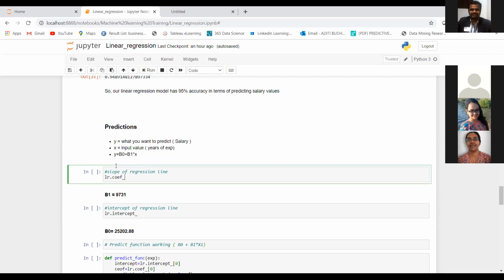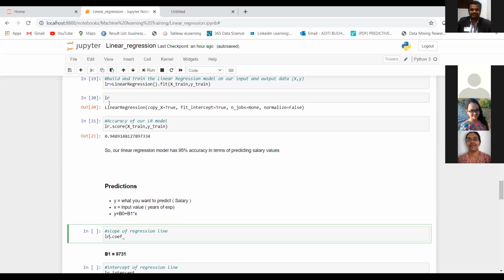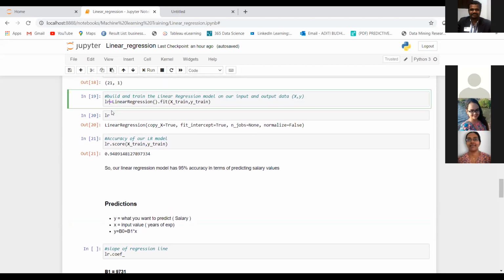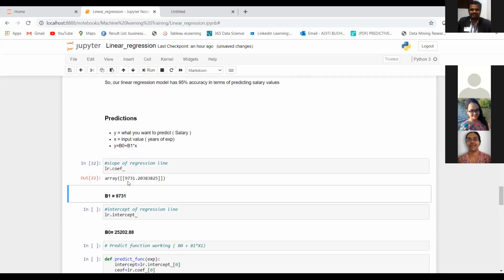We do that by using dot coef underscore, the method to get our beta 1. LR is the name of the model that we have given, so we write the model name dot coef underscore. Just run this and you will get 9731.